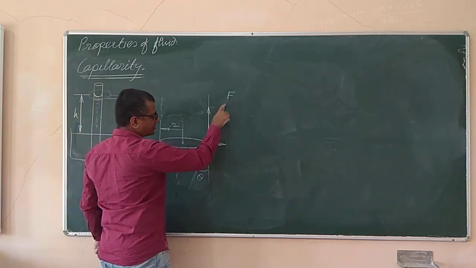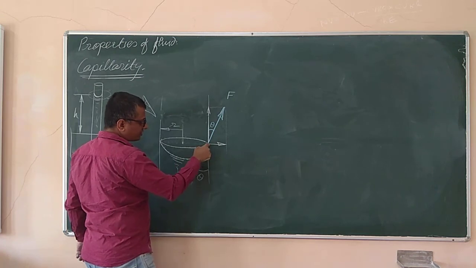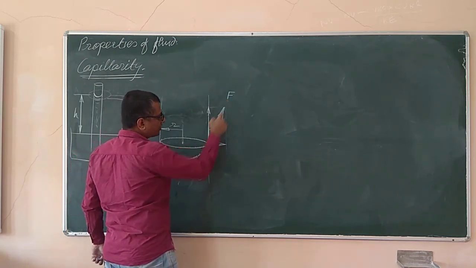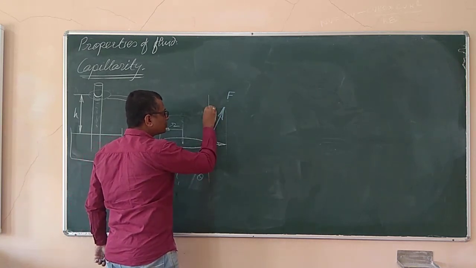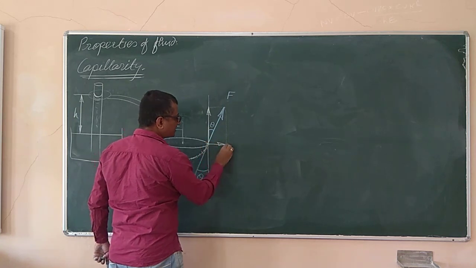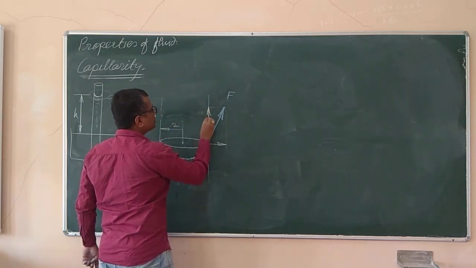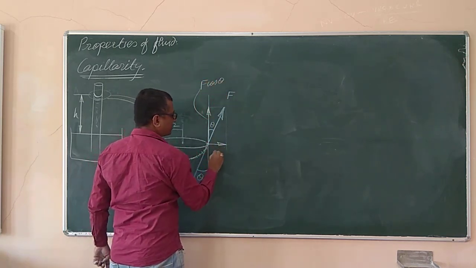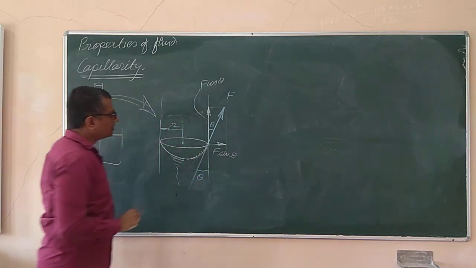Now, the force due to the surface tension is acting at that point, perhaps at every point onto the periphery of that top surface, and that too in contact with the solid surface. And the line of action of force is over here, tangent to this curved surface. If we resolve that force along two components, one vertically upward and one in horizontal direction, this component will be F cos theta, whereas this component will be F sin theta. Right?